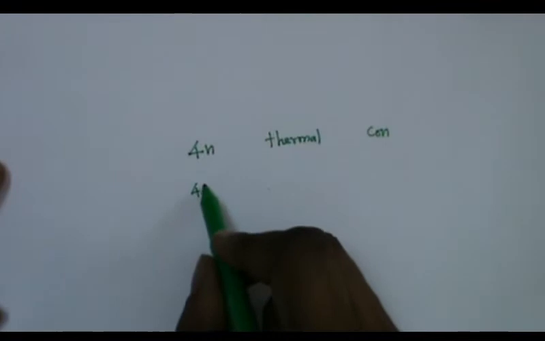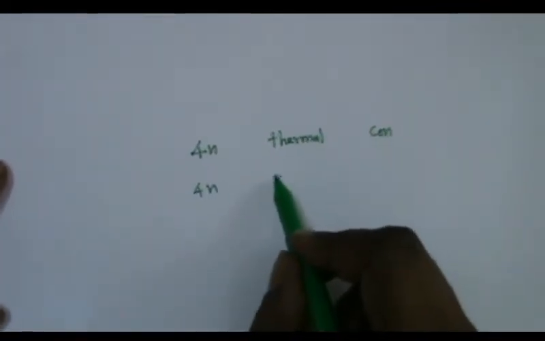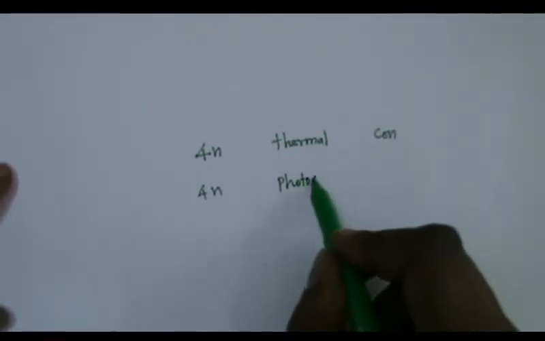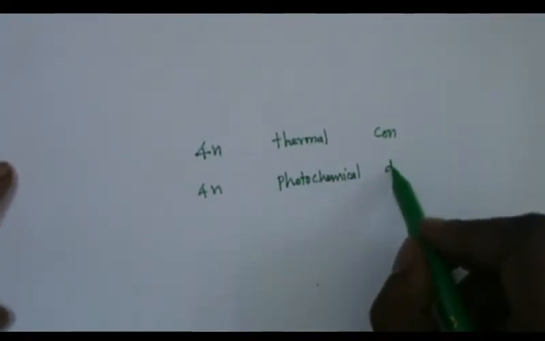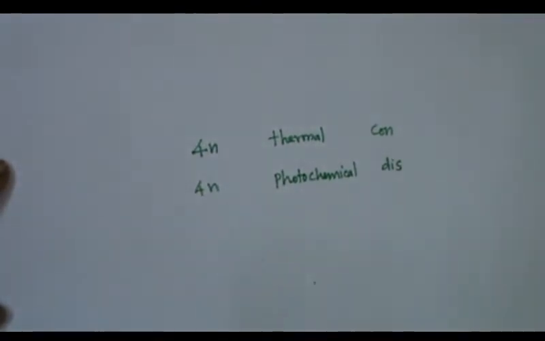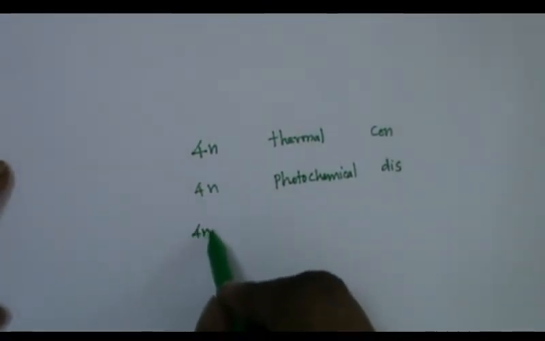Same 4N under photochemical, it undergo disrotatory. Now 4N plus 2 system